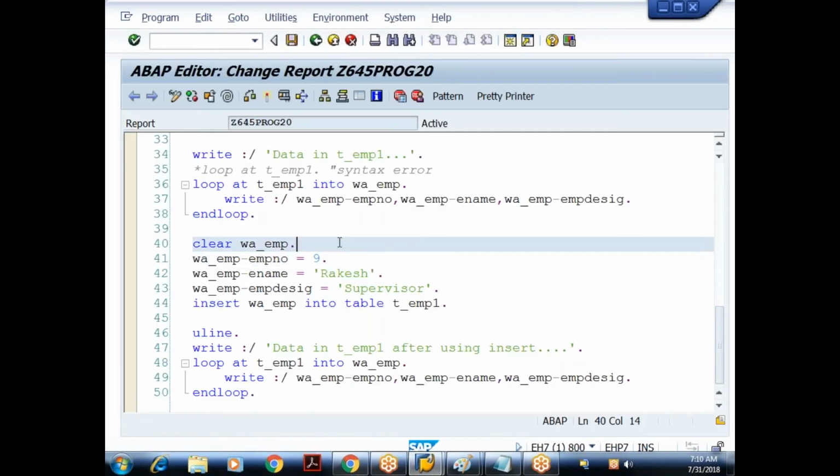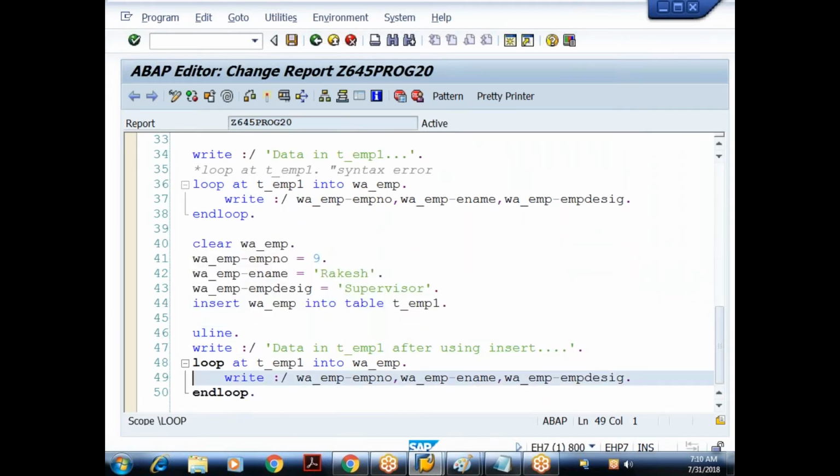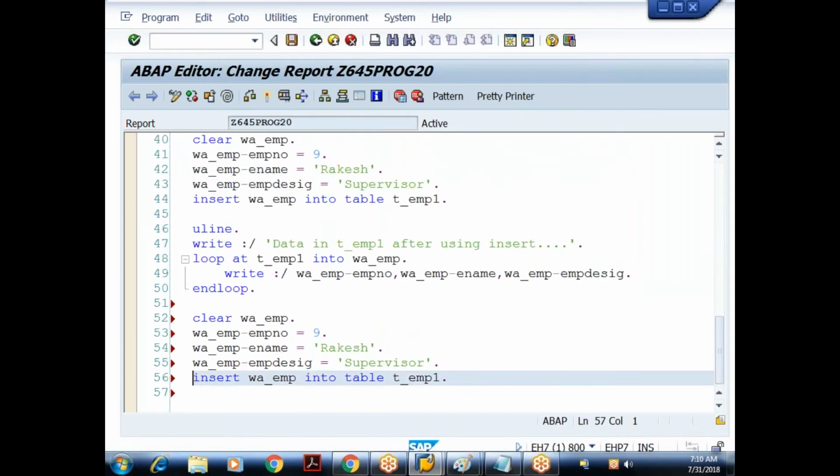Now see the advantage of the insert statement. Let me insert one more record. I'll say 11. Okay, something like this. Now I'll say INSERT W_EMP into T_EMP1 INDEX 2.